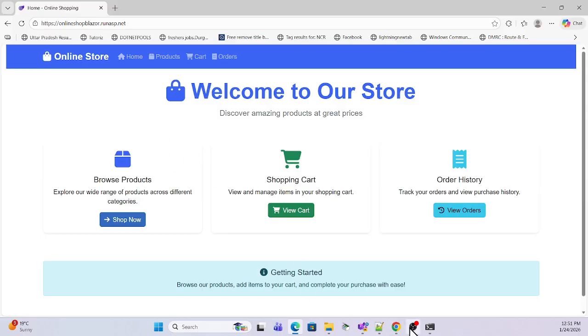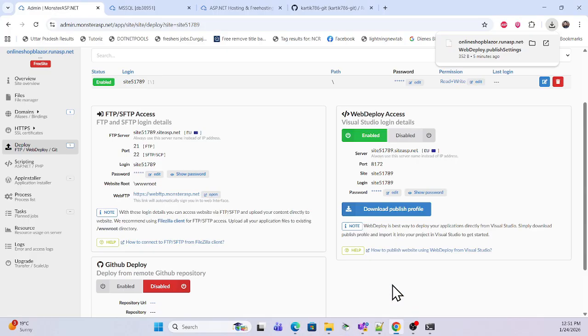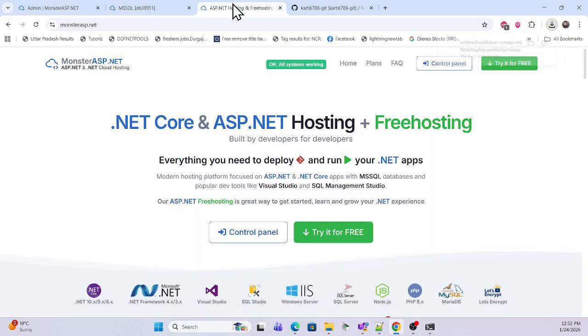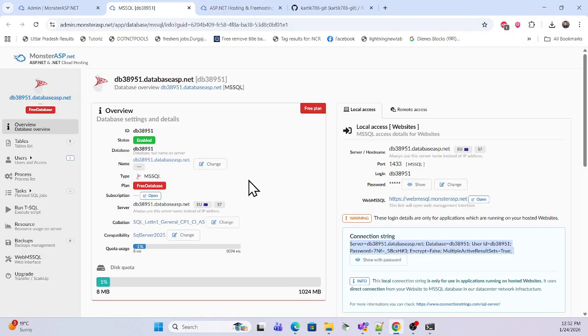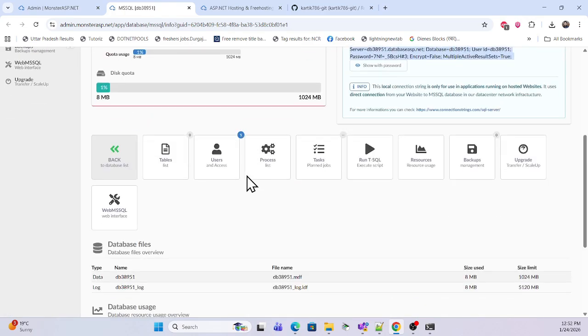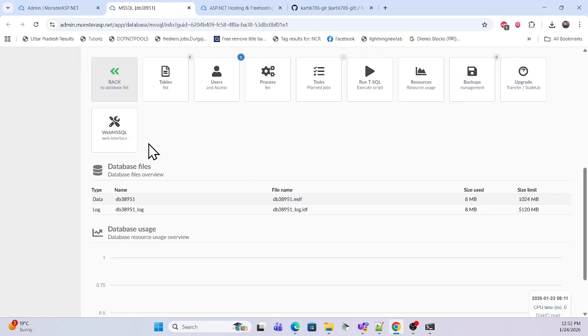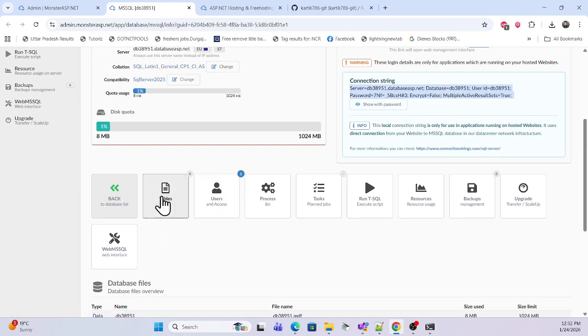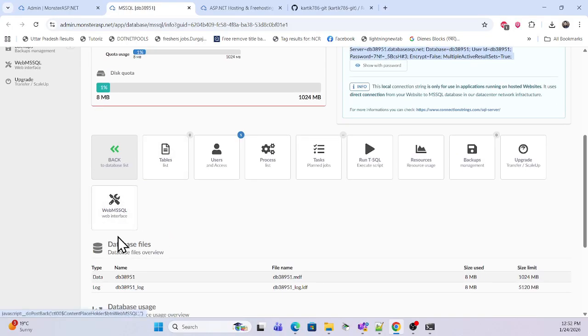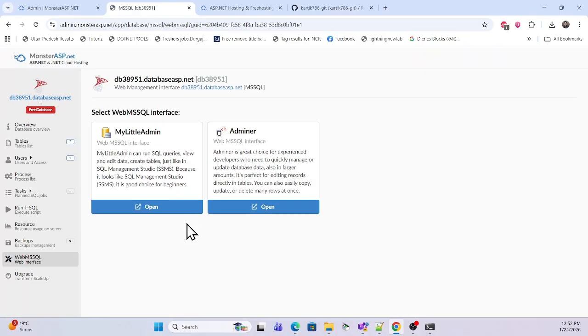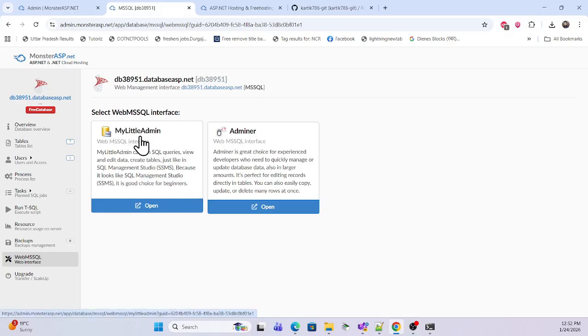And also you can ensure the database, like whatever data we just created, whether it is available in our database or not. So go back to here, and yeah, this is my database, right? In this database, they provide an interface where you can directly see your tables and everything, right? So if you scroll down, you will see this MySQL. So click on that and go to this, they provide two types of interface. So I'll use that Little Admin. So use that, open one,